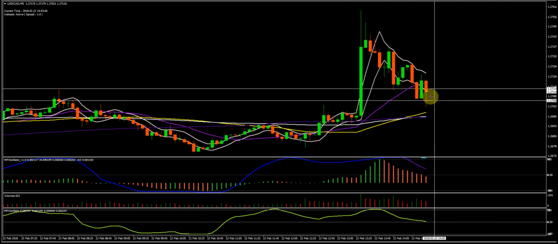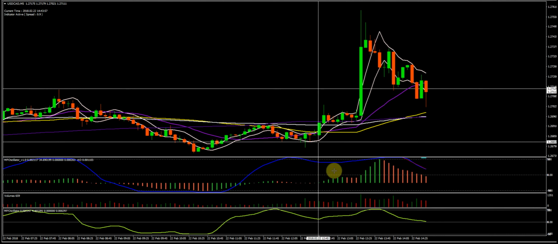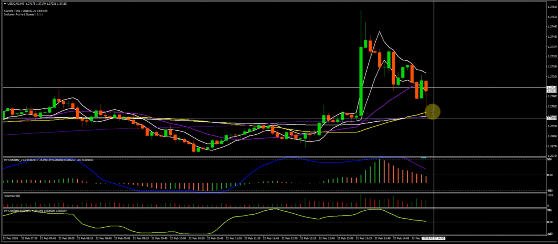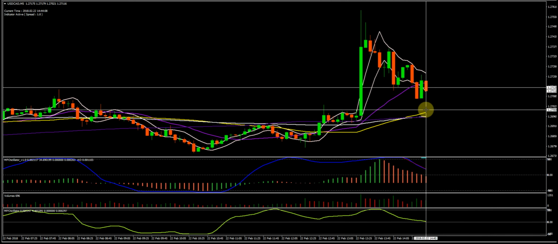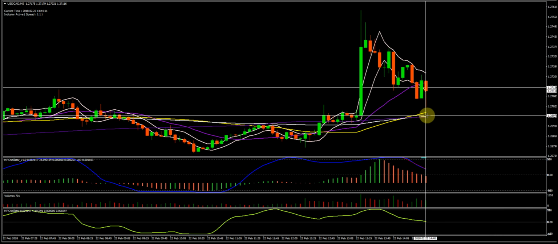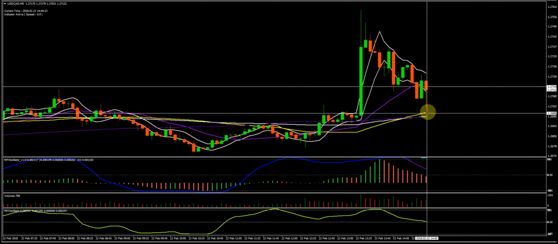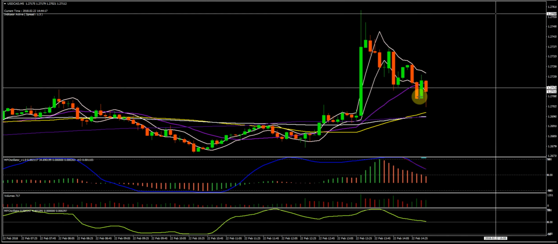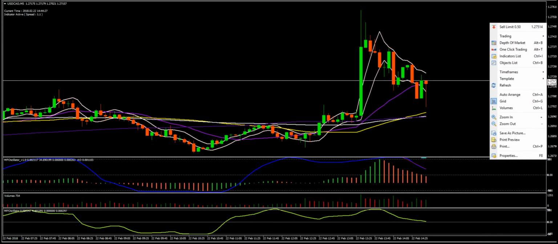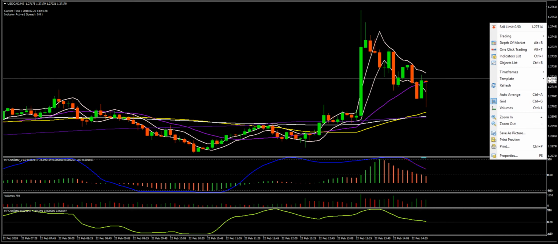What am I expecting now? Well, we're still a strong move up. We've still got these moving averages scooping up, and the other dollar pairs are all overbought or oversold, etc. So I'm looking for some dollar strength to come back in, and potentially for this dollar CAD to push back up. If that does happen, then I would look to take a shorter gain from up here somewhere,